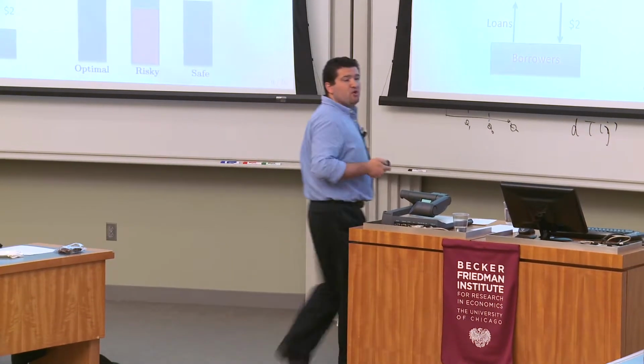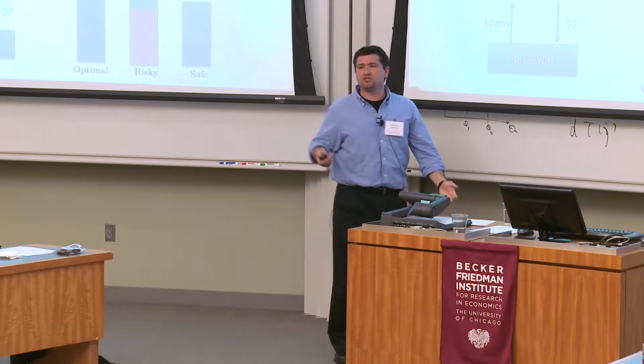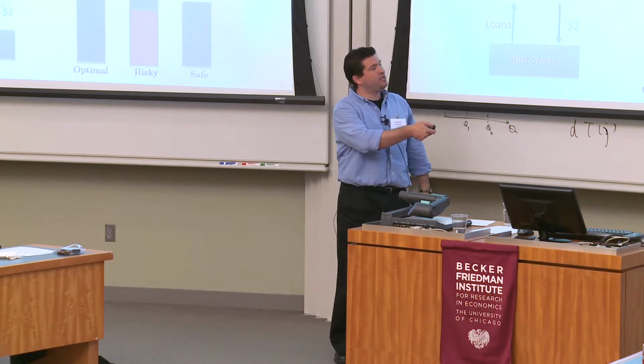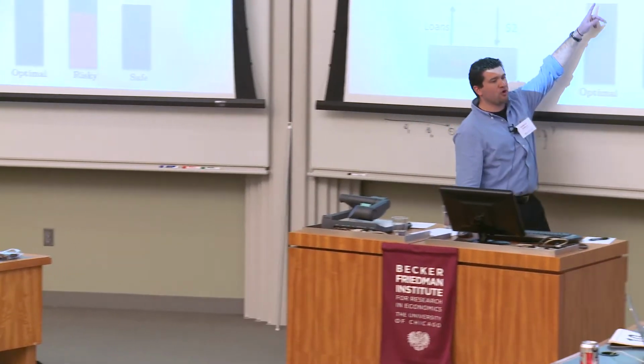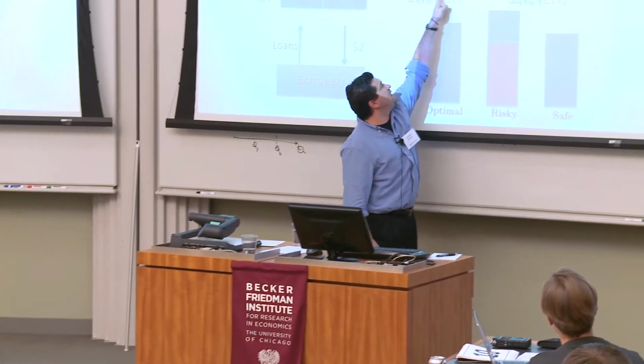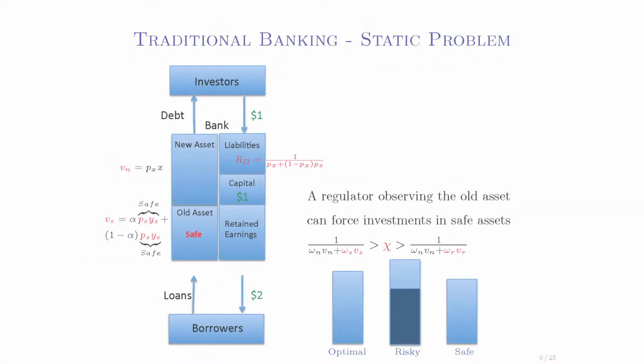Now, one way you can think about providing this commitment device is through capital requirements. How does this work here? Well, a regulator can say, look, I'm going to create a capital requirement. It's your capital divided by your weighted assets, where these are the weight for the new asset and the weight for the safe asset, should be greater or equal than a certain capital requirement. Now, if the regulator sets these weights and the capital requirement good enough, or relatively well, then it guarantees that the bank has to invest in the safe asset always.